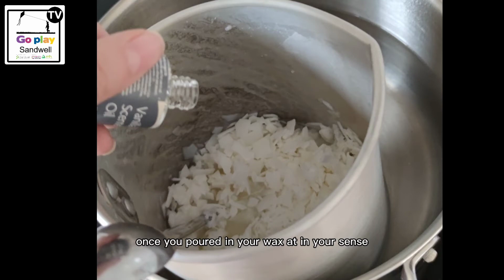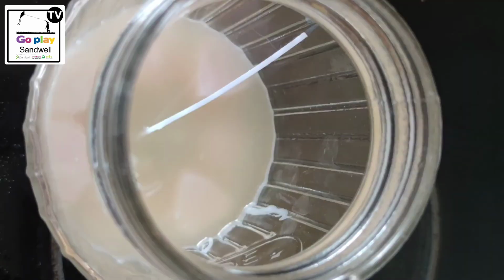Once you've poured in your wax, add in your scents and just give your wax a stir every so often to make sure that it's gone nice and smooth and there's no lumps in the wax because we don't want a lumpy candle. Once melted, you want to start pouring your wax in on different stages and letting it set